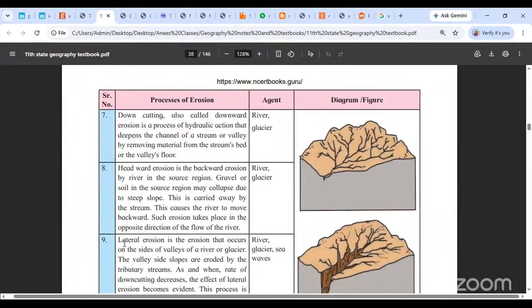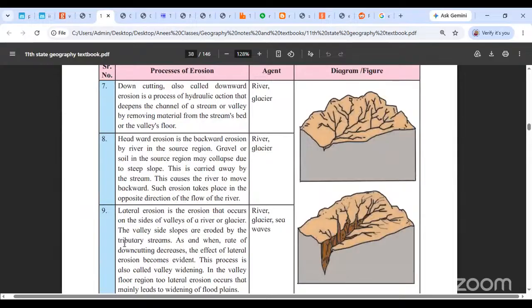Next is within the rivers also there is one process called as down cutting. Okay, when the river is moving forward in this fashion, usually in the upper stages of the river when it has a good amount of speed, it will cut downwards. Okay, वो vertical cutting करता है. Okay, that is called as down cutting.